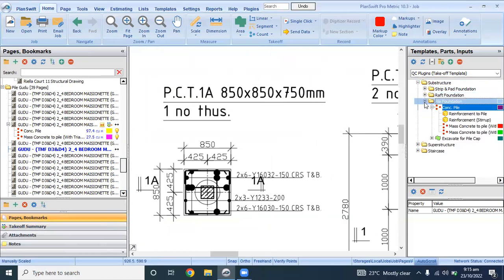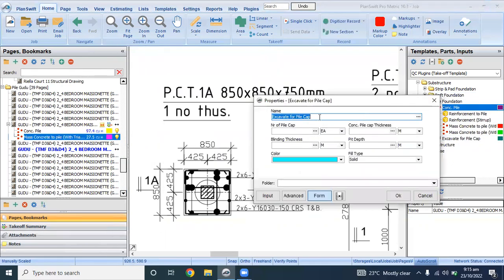I will click on this excavate for pile cap. So include pile cap type 1A. We have it in one place, one number. Concrete pile cap thickness 0.75, the blinding 0.1, the pit thickness, there's no details, so let's assume 0.21. So click OK